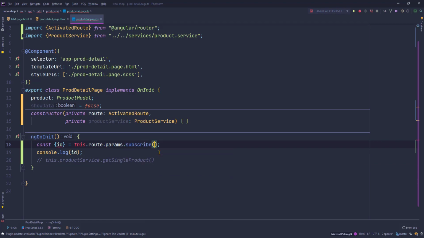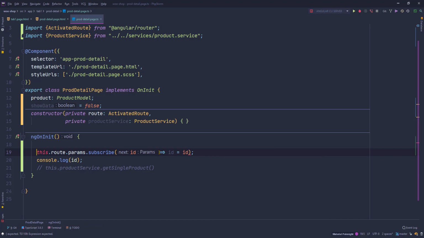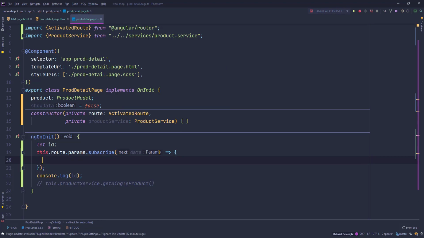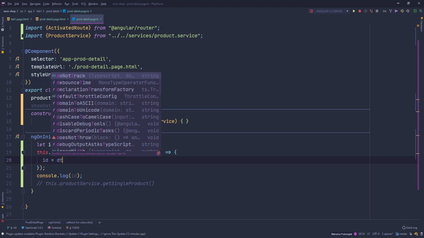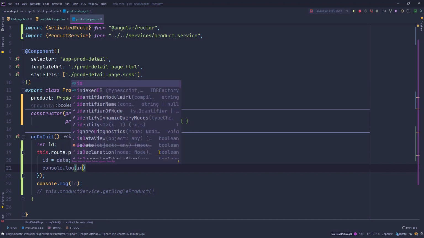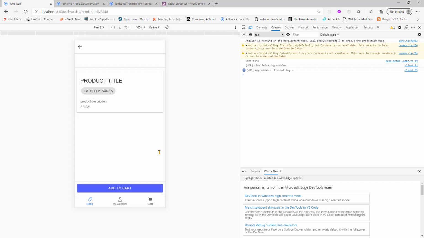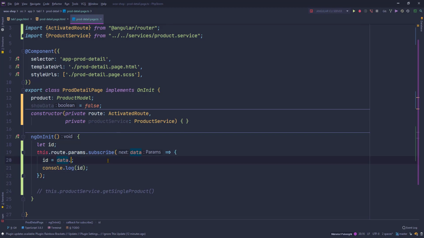Dot subscribe. Equals to D, or D. Let's say we use ID equals to data. So log ID, save the changes. So we have this ID attribute, okay, data.id